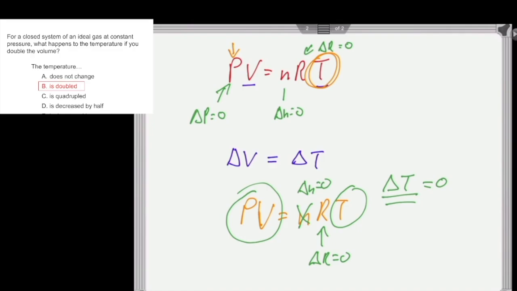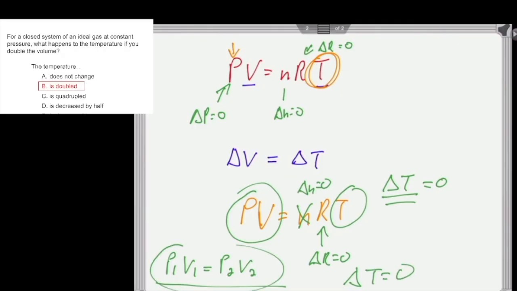I can still do this. I'm not breaking any physical laws, which means ideal gases can undergo a change where we have P1, V1 turning into P2, V2, as long as delta T is set to 0. I've got 2 degrees of freedom. Pressure and volume can play with each other. I can add heat or take away heat to this ideal gas, and there will be no change in temperature. There's just changes in pressure and volume.